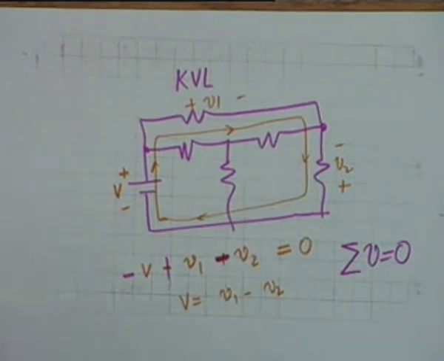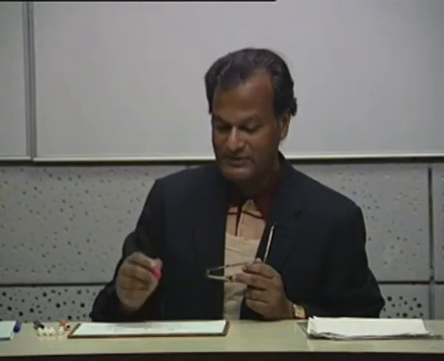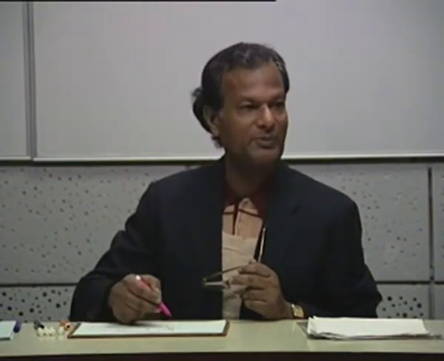Now where is the conservation of energy implied here? Conservation of energy is implied in this sense: the definition of potential at a point is the amount of work done in carrying a unit positive charge from infinity to that point. Now if you carry a unit positive charge around this loop, you start from some point and come back to the same point, so the total energy consumed must be equal to 0, because it comes back to the same point.